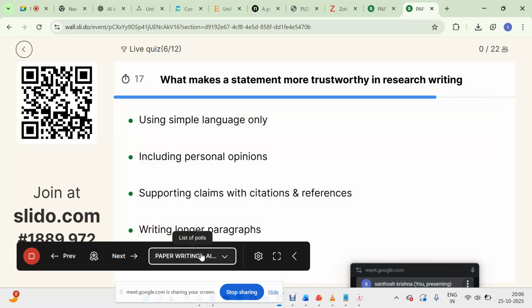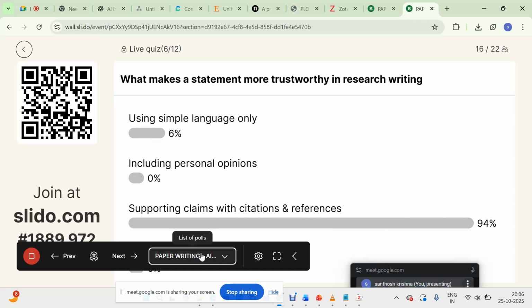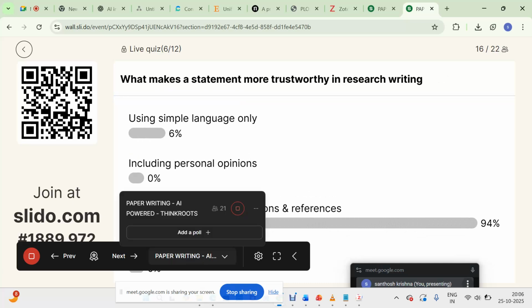What makes a statement more trustworthy in research writing? Using simple language, using personal opinions, supporting claims with citations and references, writing long paragraphs. Yes, very good.